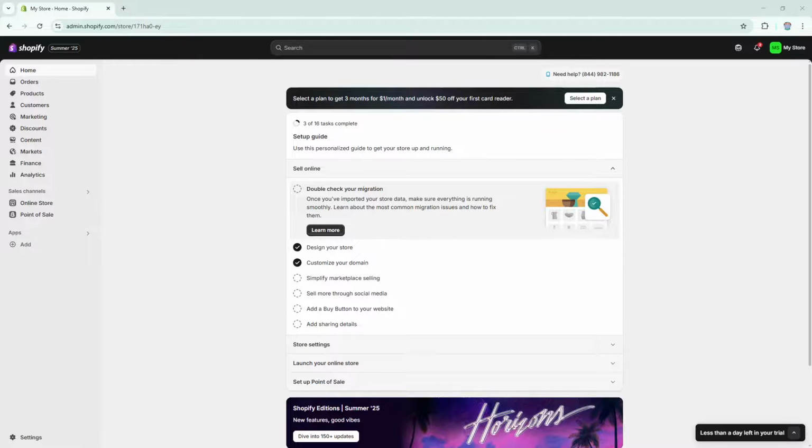First, start by accessing your Shopify dashboard. Once you're there, direct your attention to the lower left corner of the screen. You'll notice a gear icon labeled Settings. This is your next stop. Clicking on it will take you to a page that opens up a range of options for managing your store's